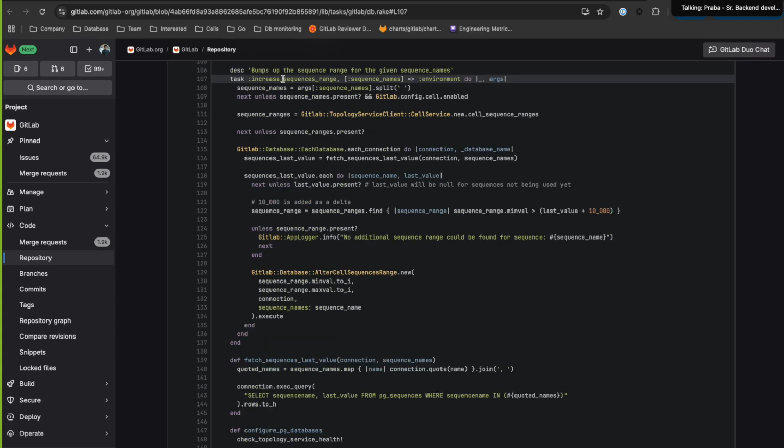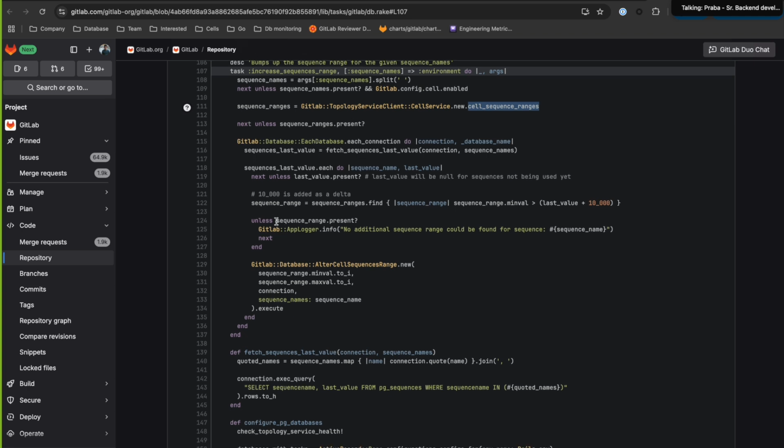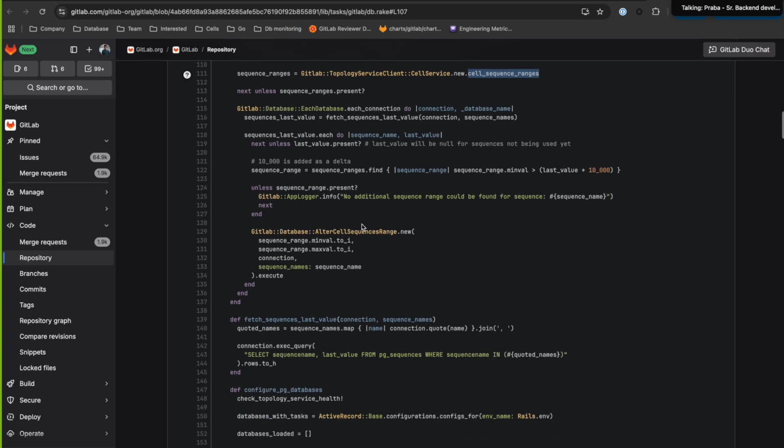The increase sequence range rake will get that set of sequence ranges from the topology service and then fetch the sequence range which is next immediate to the last used sequence for that particular sequence, and it updates only that